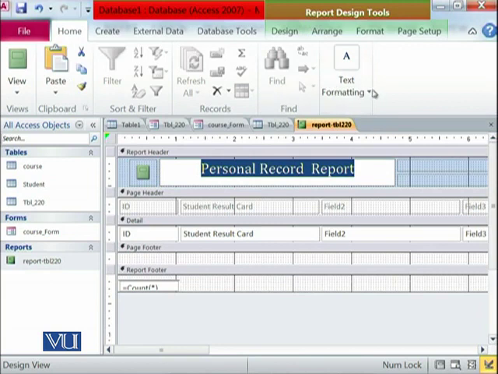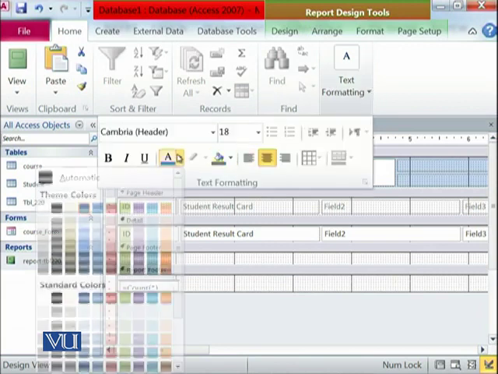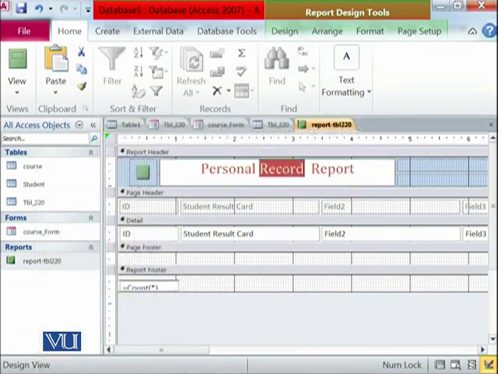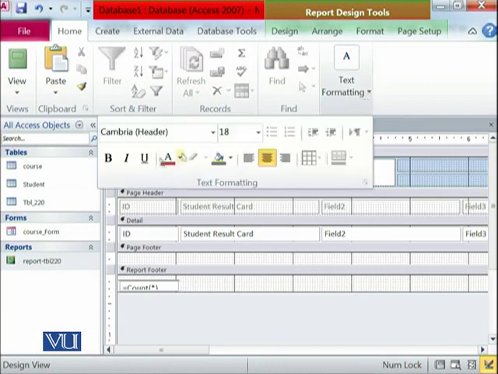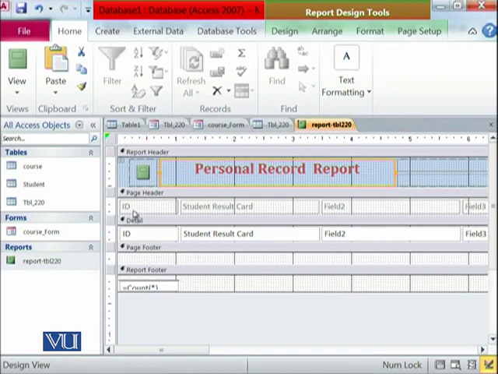For example, I need this kind of color and the data should be bold. Then this ID should be named as student ID, code, etc. And this is the count of all of the information which is available.